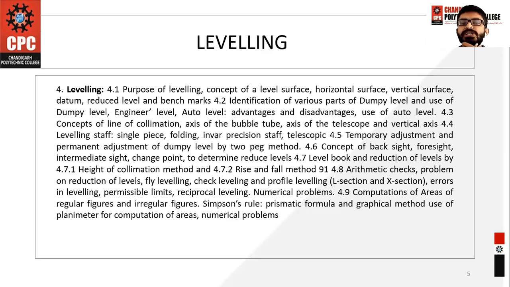So what are the advantages and disadvantages of the auto level? The advantages of the auto level: you can rotate it through 360 degrees. You can take the angles from 0 to 360 degree. There is no need to fix it on one position. If you fix the auto level on one position, you can rotate it in several directions as well, standing on one station only. Before moving further, I will also tell you about the station. What is the station? When you fix a tripod stand on a particular point, that becomes the station for that particular area. So this was about the station.